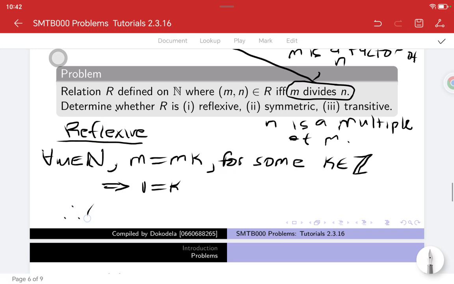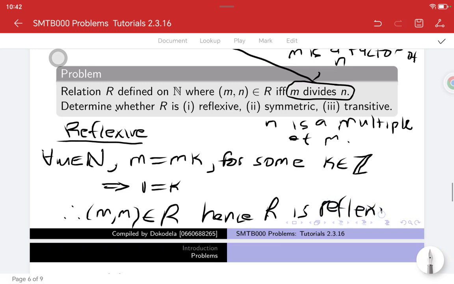So now we're saying therefore (m, m) is an element of R. Hence R is reflexive. Yeah, I understand. Then when we come to symmetric,